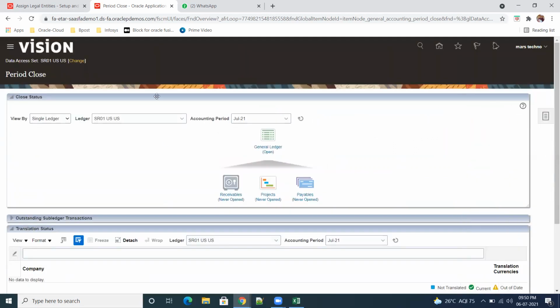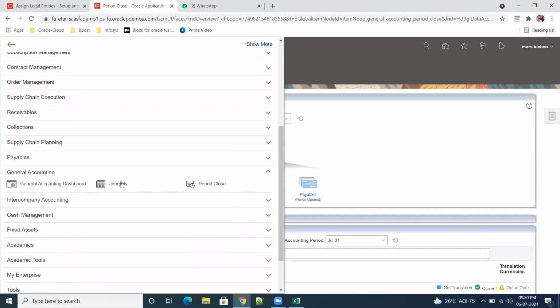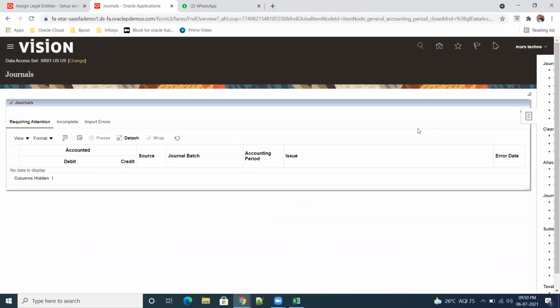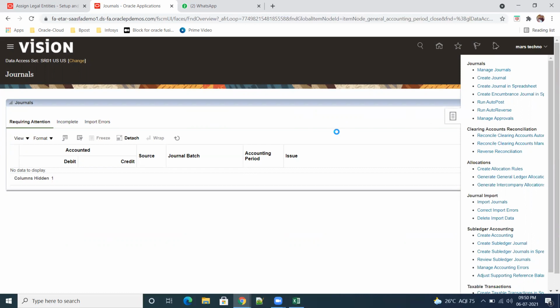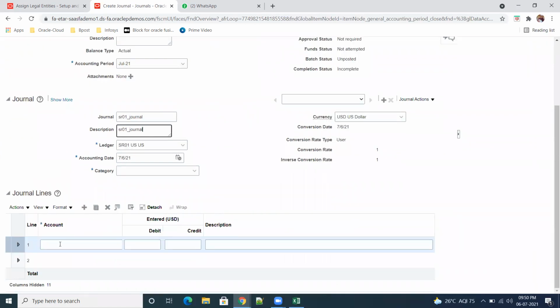Now go back to here. It was coming on the dashboard; nowadays I don't know why it is not coming. Generals, create a general. Here also SR01, JOURNL. Okay, copy paste. Just enlarge this one and open the account.